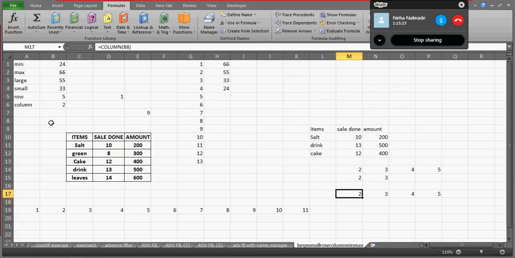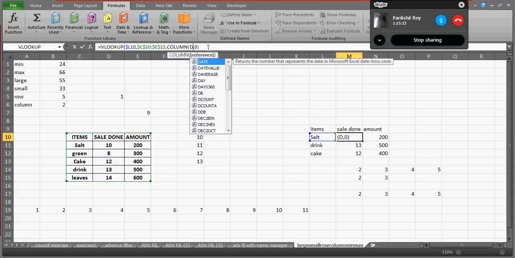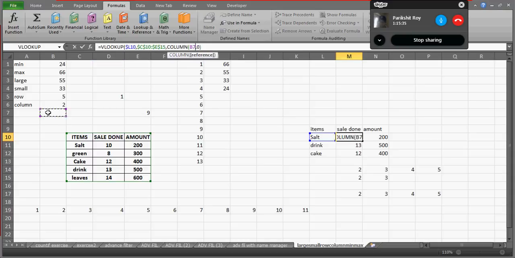Then you don't have to subtract anything, and this is what you can use here. Instead of D10 -2, let's make it simple and keep it B7 only. So automatically B7 will change to